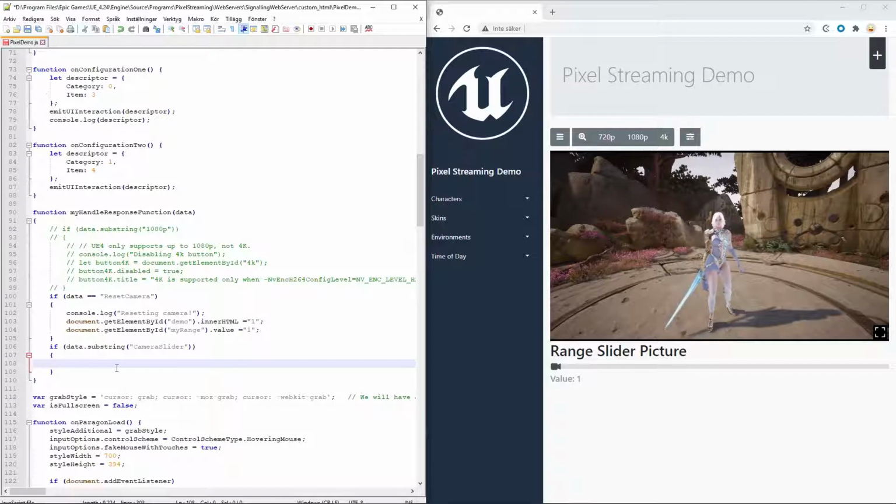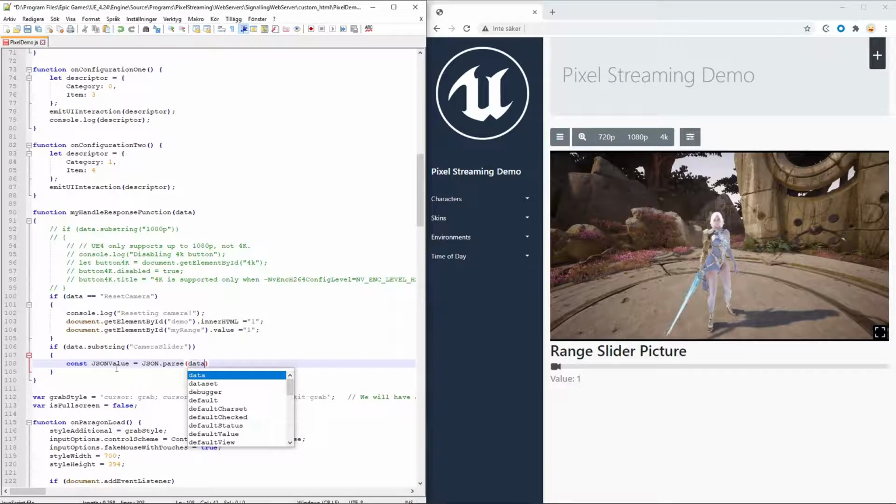So let's start off with creating a constant variable called, let's say, JSON value. And how to JSON parse is by just typing JSON dot parse.